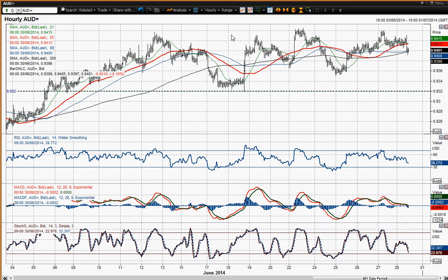In terms of the intraday outlook, as I said, this is on an hourly chart over the past month or so, and it's nicely forming these higher lows, and it's trading back towards that 9400 big figure mark, which is around about where the longer term hourly moving averages are trading. These momentum indicators have just unwound, although you would probably now point out the fact that the RSI has just drifted off and is at its lowest for the past 3 days. So maybe that is suggesting that we are going to get a correction back towards that 21-day moving average, which, as I said, comes in at